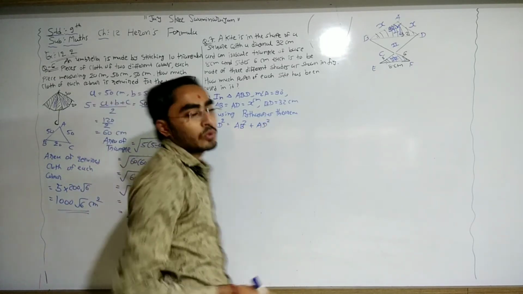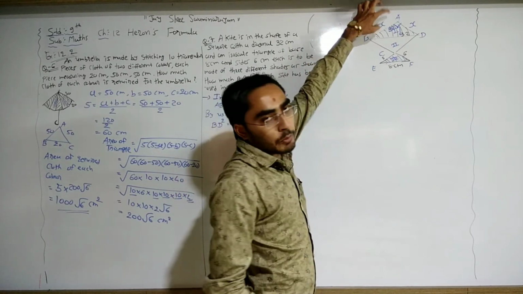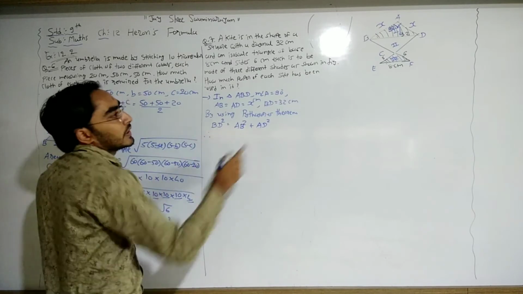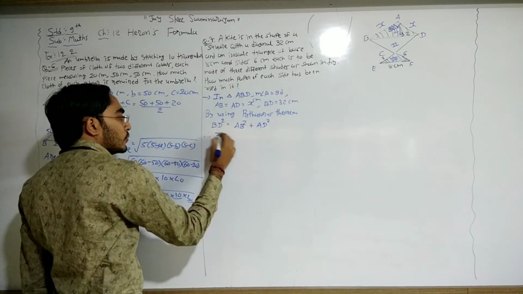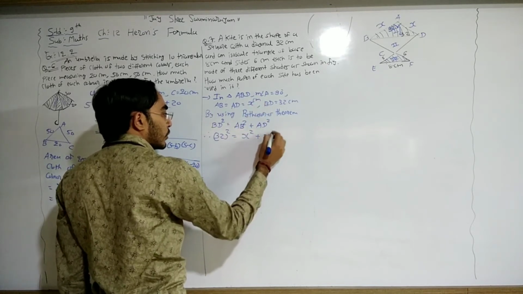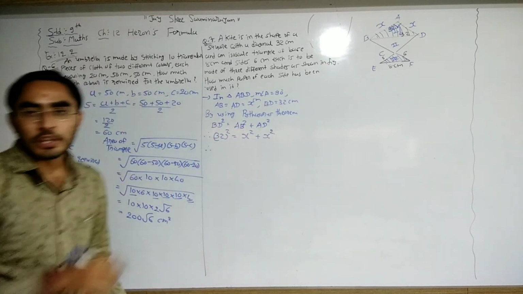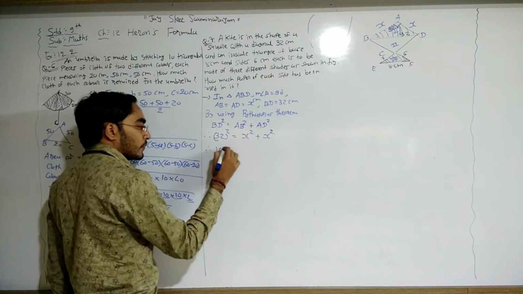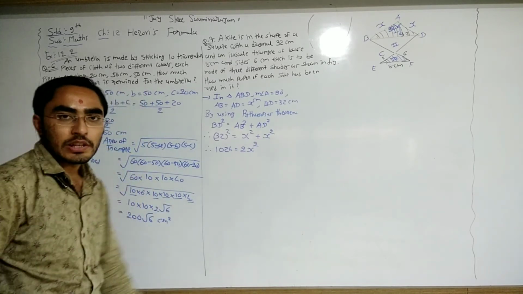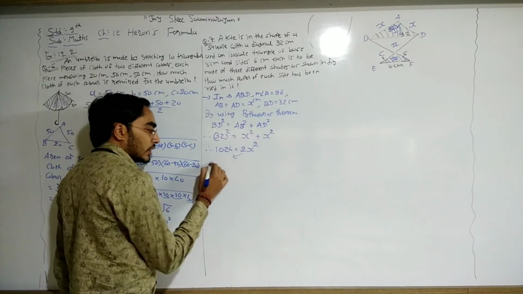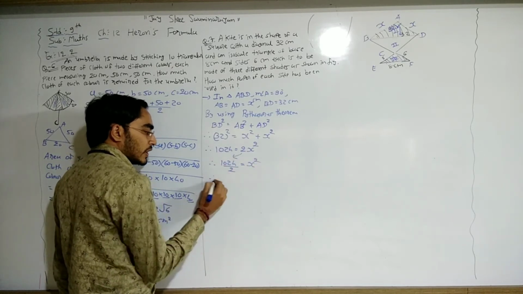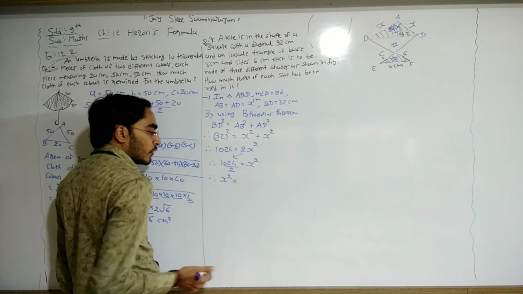Hypotenuse square is equal to the sum of the squares of the other two sides, AB square plus AD square. Now BD is given as 32. AB we take as x, and AD is also x. Now 32 square is 1024, and x square plus x square is 2x square. Now transfer this 2 to the left-hand side, it goes to the denominator. So here x square is equal to 1024 divided by 2,